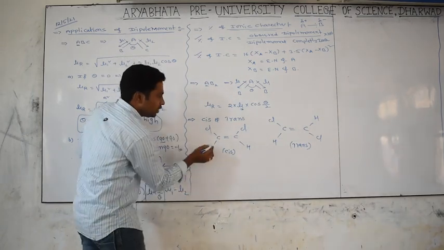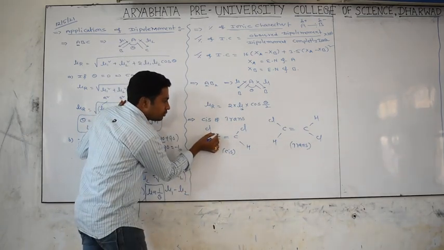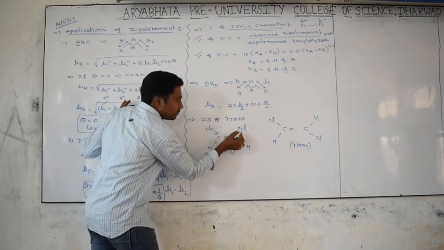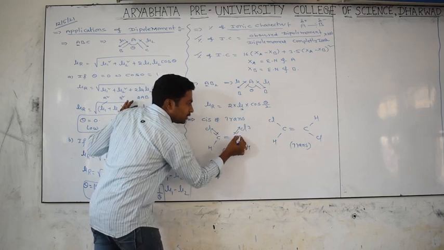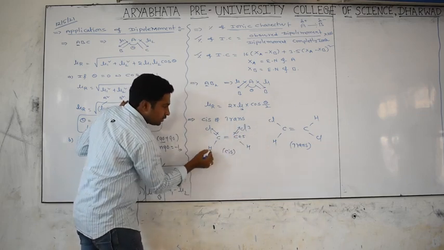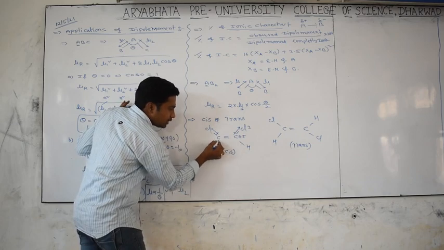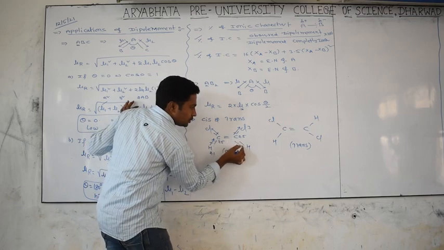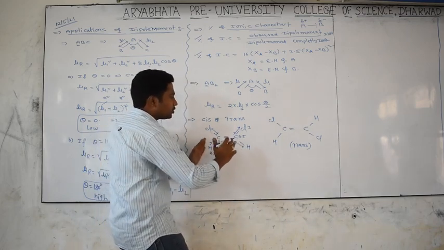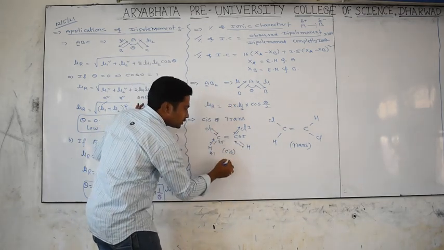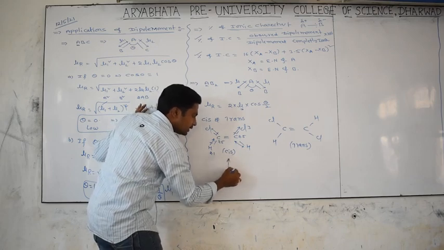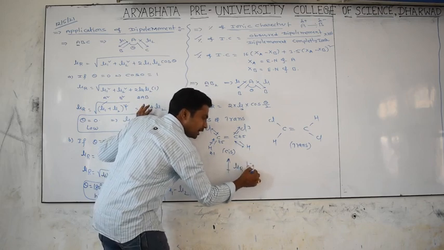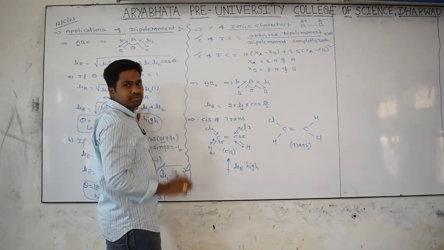Just see, in the C-Cl bond the dipole moment is towards chlorine, in this also towards chlorine, because chlorine electronegativity is 3 and carbon electronegativity is 2.5. Hydrogen electronegativity is 2.1, here carbon 2.5, that's why the dipole moment is towards carbon. Almost all are in the same direction, that's why addition is happening. The net or resultant dipole moment will be in the upward direction. It should be a high value in case of cis.